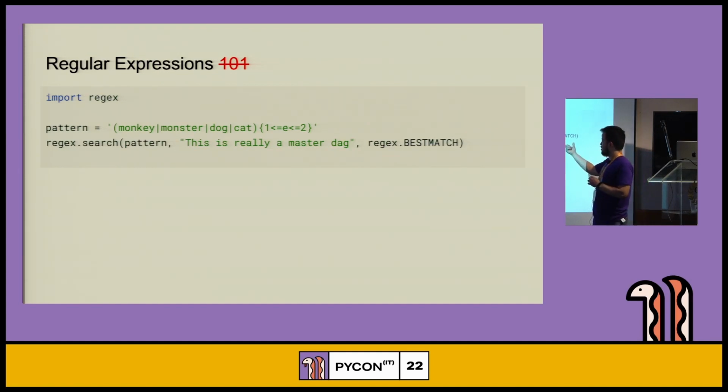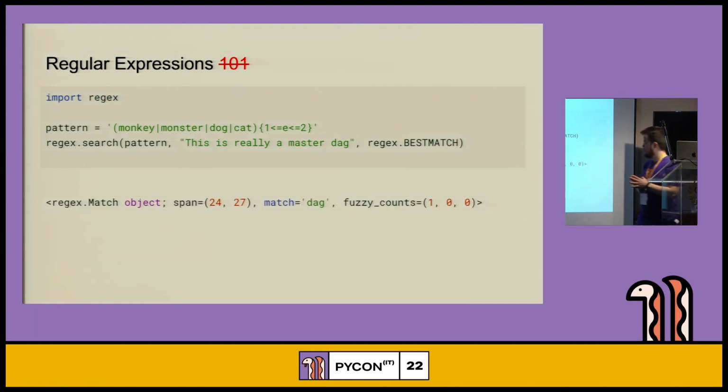The notation between braces is what is telling that. And we pass that pattern to the search, and for example, with the string, this is really a master DAG, and we use the flag regex BESTMATCH, and it will return the best match that is basically DAG. Why DAG? Because you can obtain, of course, a dog by replacing the A by an O.